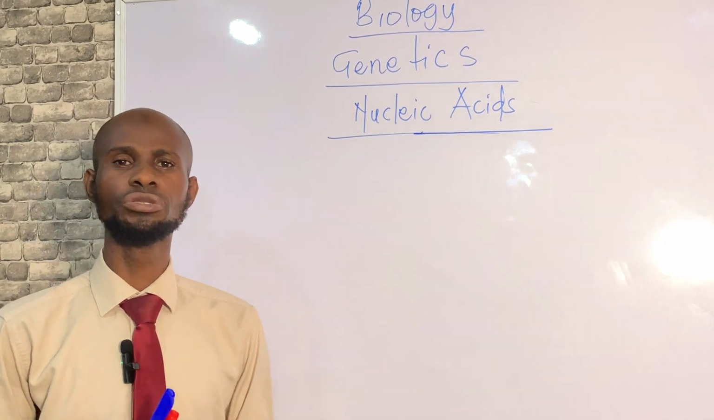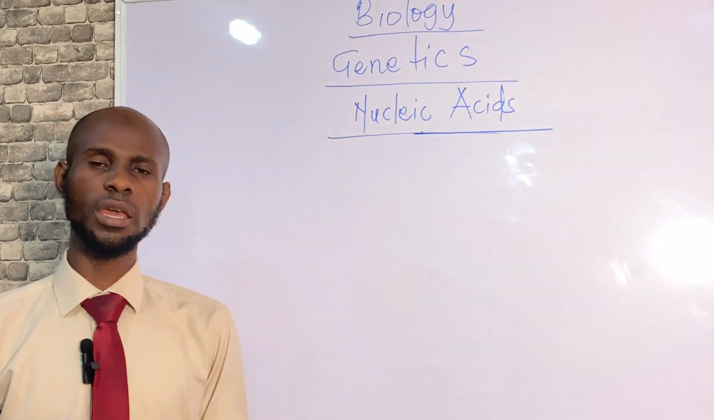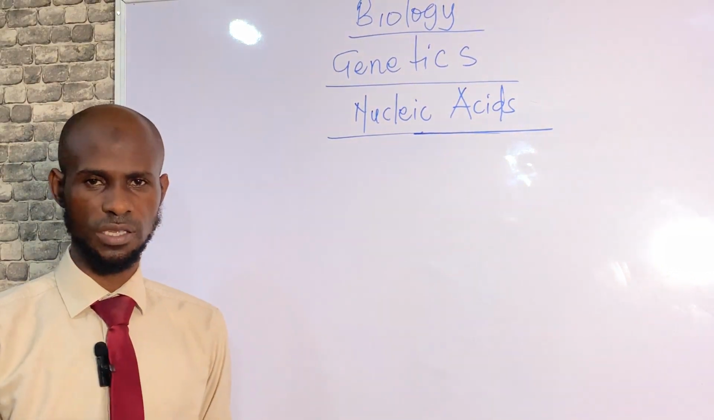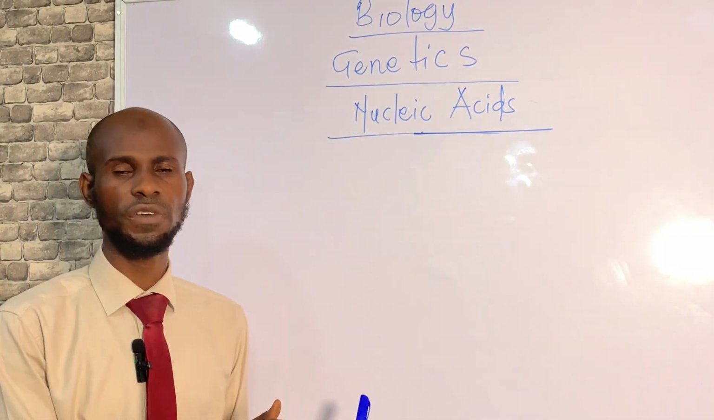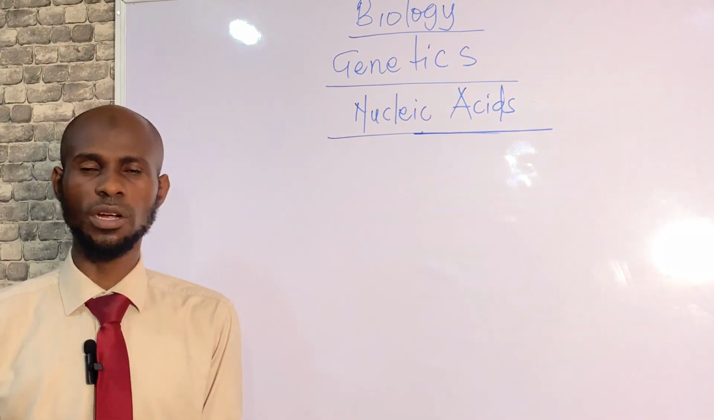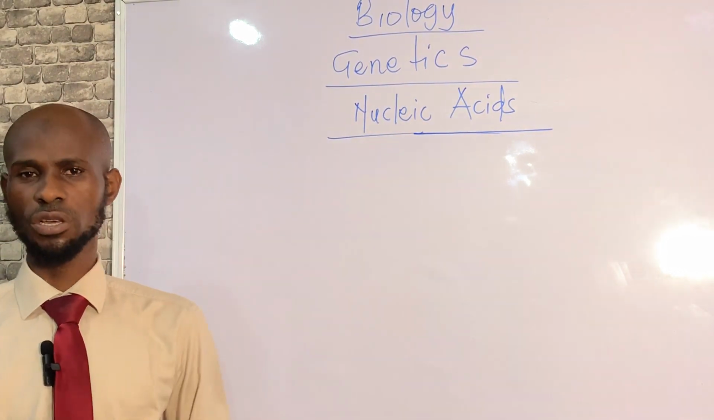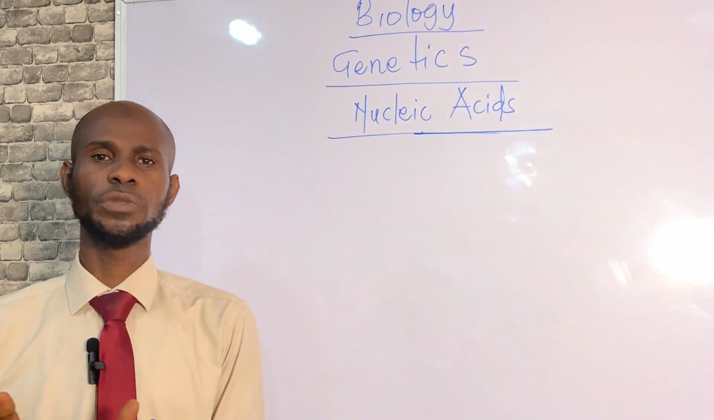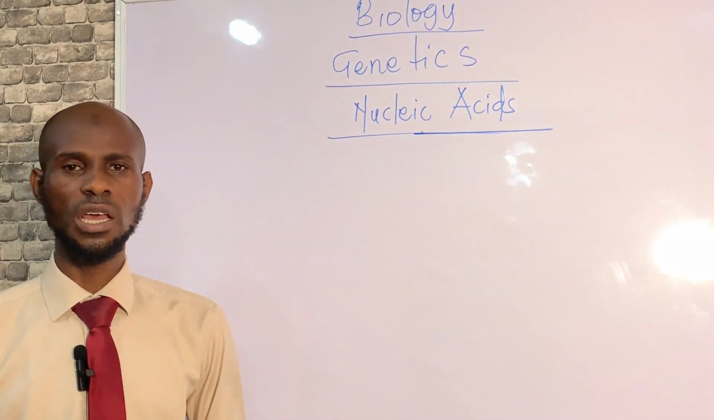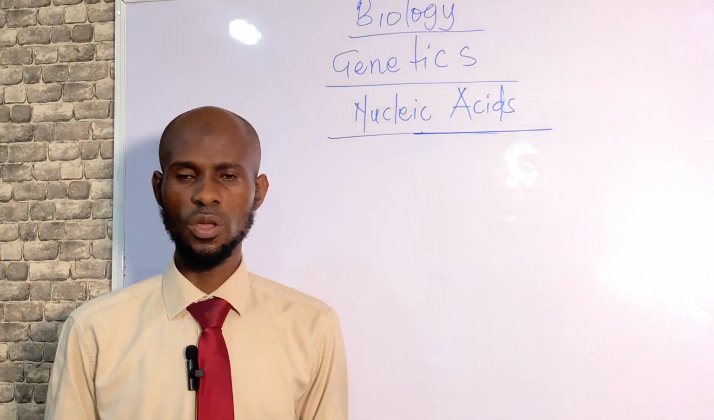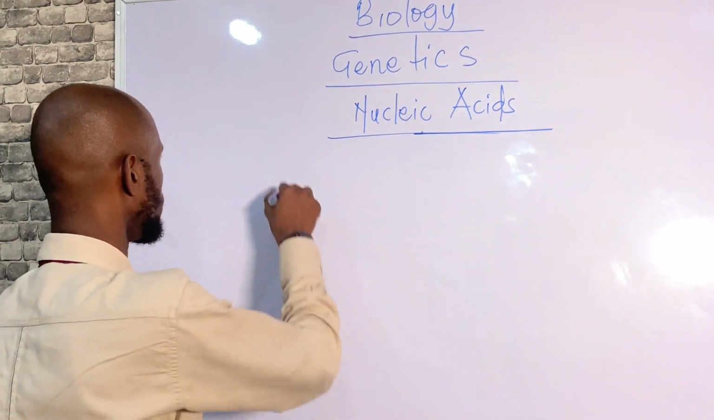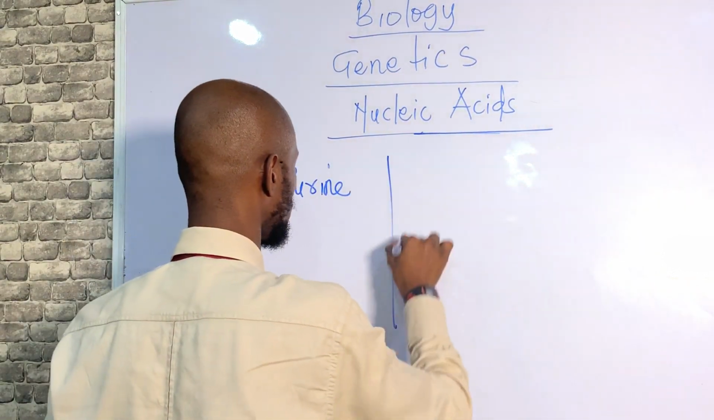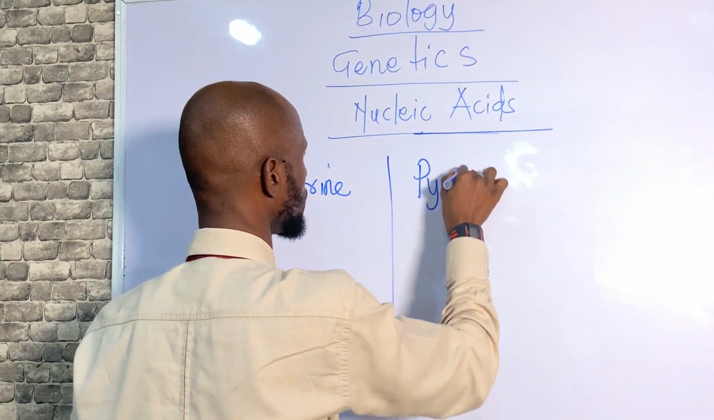And the last class, I drew for you the structure of the nucleotide. And we said the nucleotide has three parts. We have the inorganic phosphate, we have the pentose sugar, and we have the nitrogenous base. In the last class, we also talked about the 5 types of nitrogenous bases, and we grouped them into 2. We have the purine bases. Let's remember together. We have the purine bases, and we have the pyrimidine